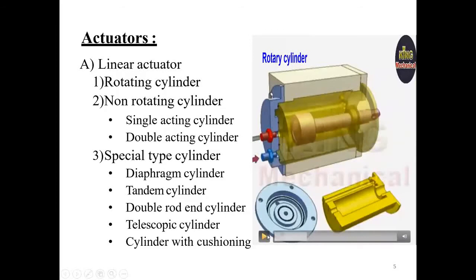These rotating cylinders are used to operate work holding devices such as chucks, where the cylinders are rotating and the piston is extended or retracted using the direction control port. Here you can see that from this red port, high pressure oil is coming inside, so that extension occurs, and this oil is removed through this port, so that retraction is achieved here.